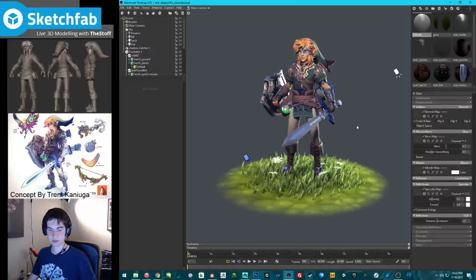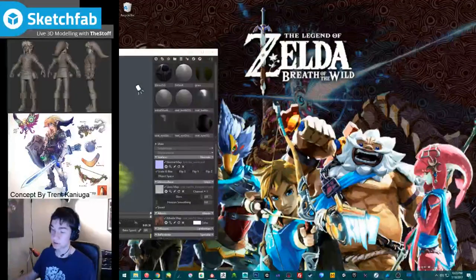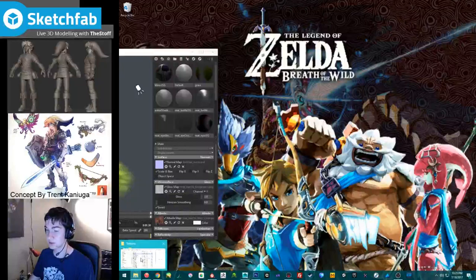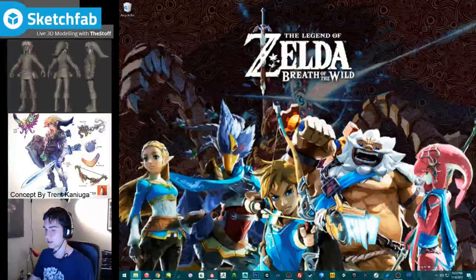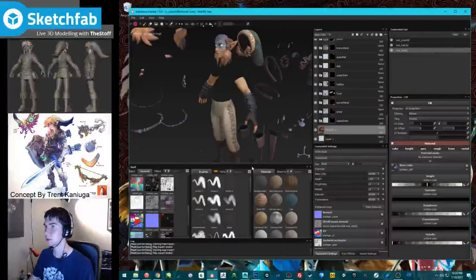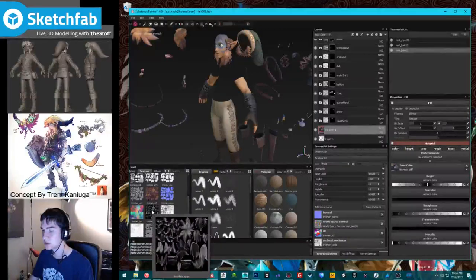Okay. Alright. And that's gonna be it, I guess. The big thing was just to clean that stuff up and then be done, right? So yeah, I did import the specular.